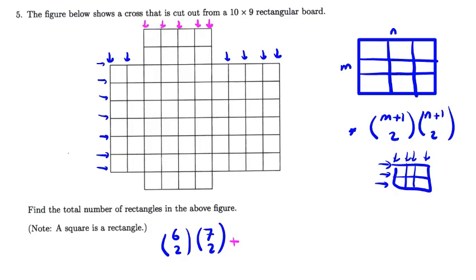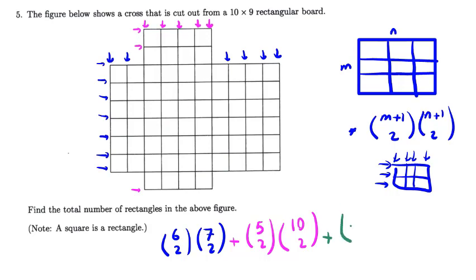If you select 2 vertical lines from the pink ones, and 3 horizontal lines... you can select, and also this horizontal line. 1, 2, 3, 4, 5, 6, 7, 8, 9, 10. So 10 choose 2. Or maybe you select 1 pink, 1